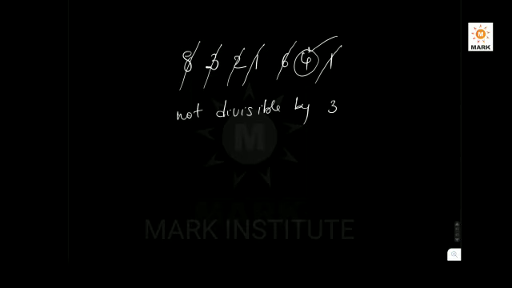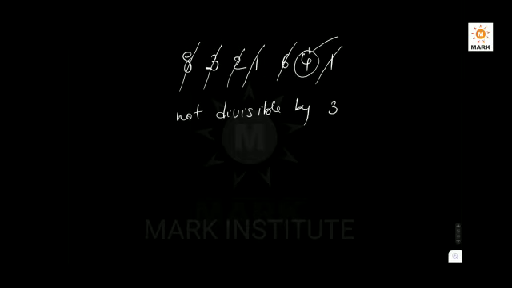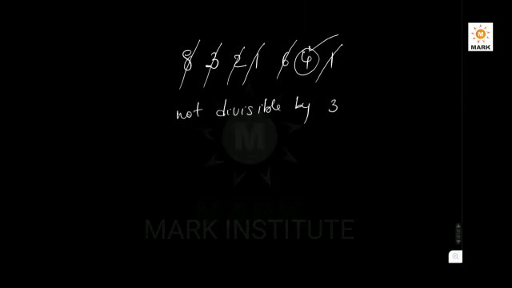Friends, the same technique that we have discussed here will be applicable for 9 also. But in the case of 3, we are looking for the digital sum of 3 or multiples of 3. Here we will be going for 9. Suppose I am taking a number 8316. We have to check whether this number is divisible by 9 or not. Generally the method is the digital sum technique.